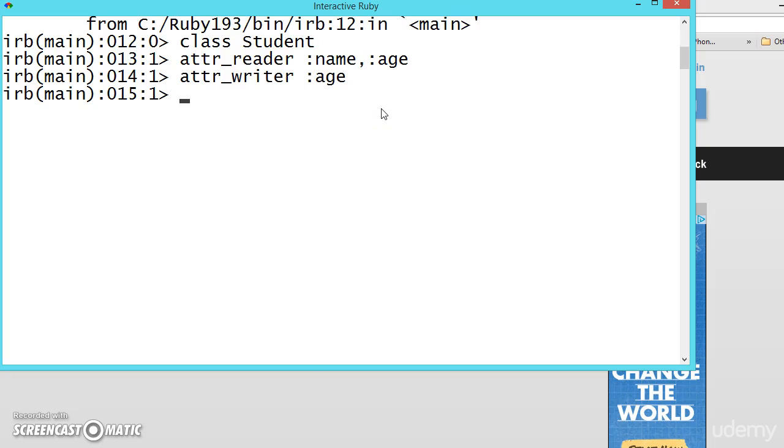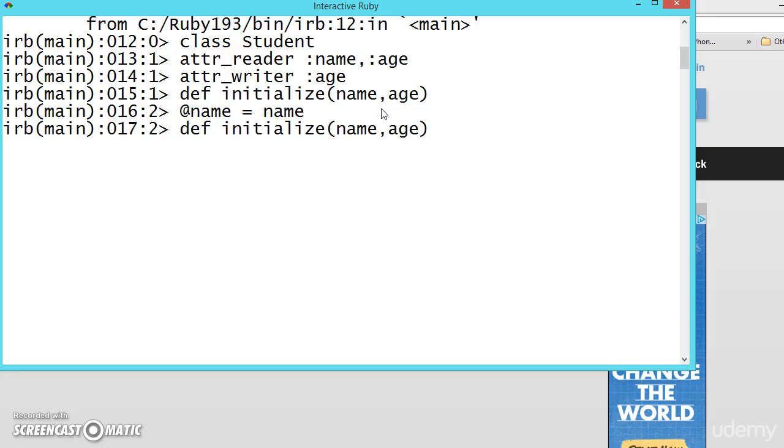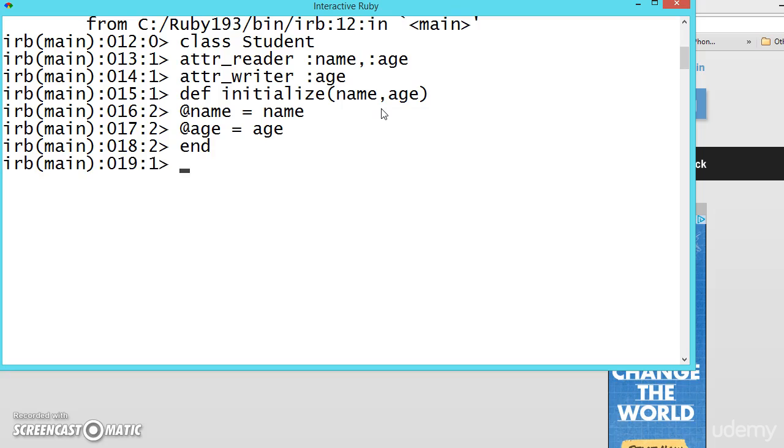And the same thing again: define initialize with name and age. Just press the arrow key for the previous ones, you will get this. Set the name, set the age, end the function, end the class.